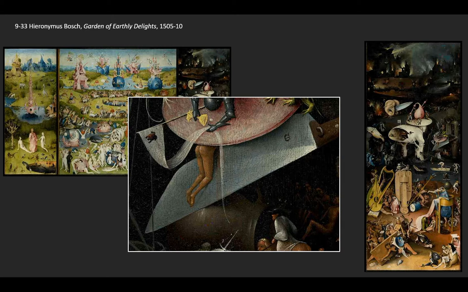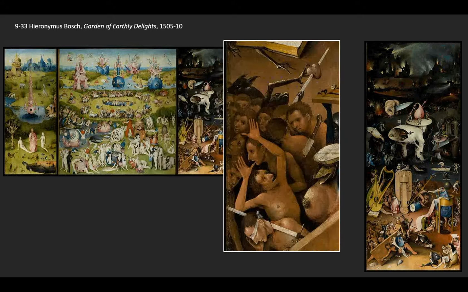Another man directly below that soldier beset by demons has been draped over the back of a very sharp knife and is slowly but surely being cut apart. You can see the blood staining the edge of that knife as well. In the lower left corner, more people are impaled. Even a heart is skewered by a sword, a head cut off, someone stuck in the back. But you'll notice that there's almost no fruit anywhere to be seen here. The fruits that were enjoyment in the center are now entirely missing.